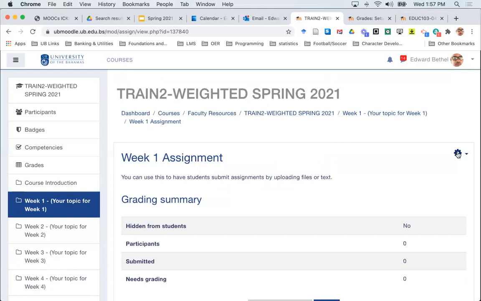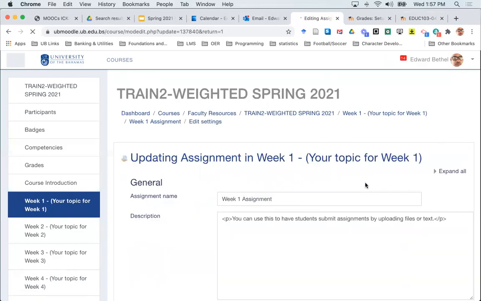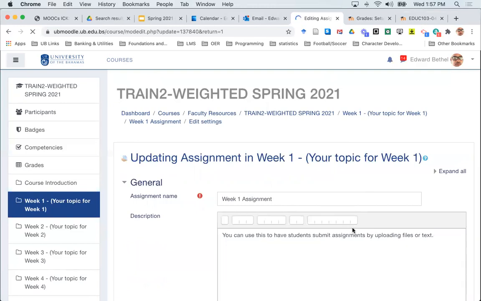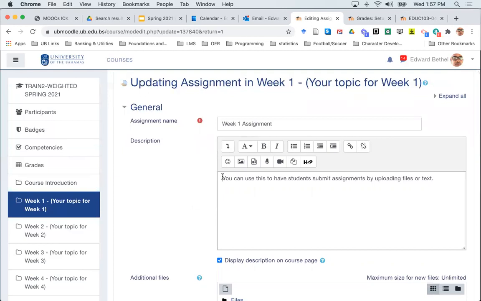So for that week 1 assignment, when you click it, go to this cogwheel in the top right, click edit settings, and then you can customize the message that you want the students to see for this particular assignment. So you might say something like,